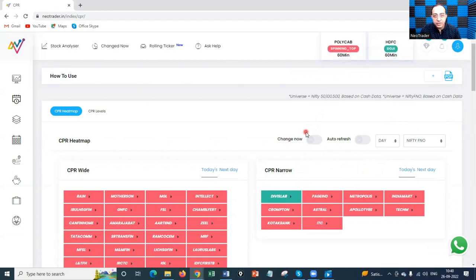All right. I hope you got a very good idea on how to look at the CPR on a daily basis, weekly basis, monthly basis. And this is how we have structured it in the entire page. Well, you have seen how you can decode the trends with CPR and how you can set up the levels. We have seen how to use the concept of Fibonacci, we have seen how to use the concept of Camarilla, and how beautifully we have incorporated it in NeoTrader. That's what we do. We help you simplify analysis, and that's what I have showcased to you in this particular